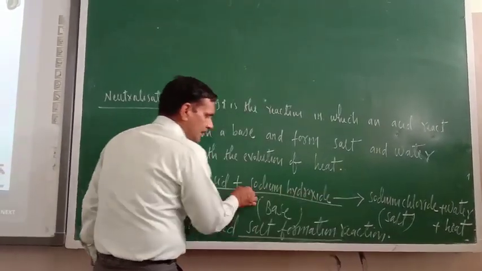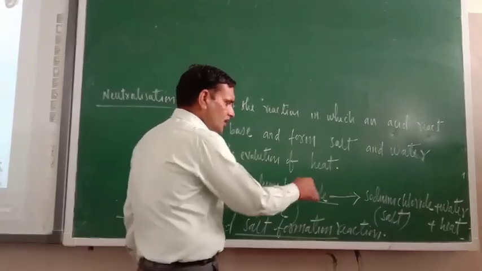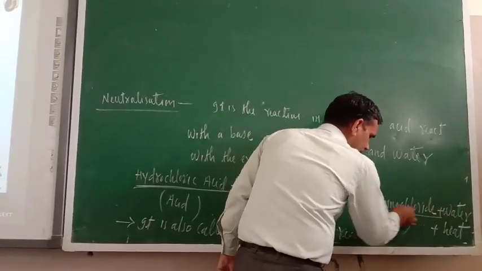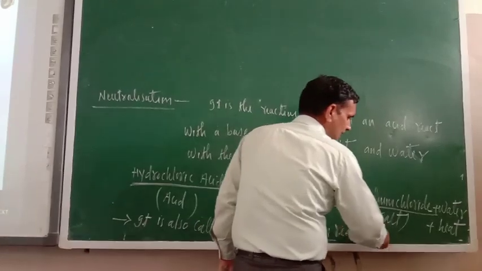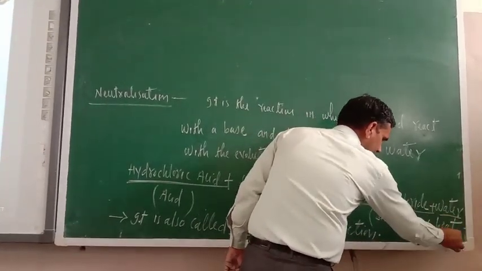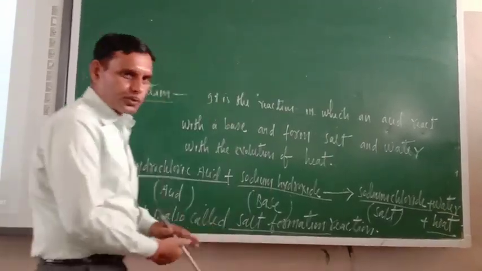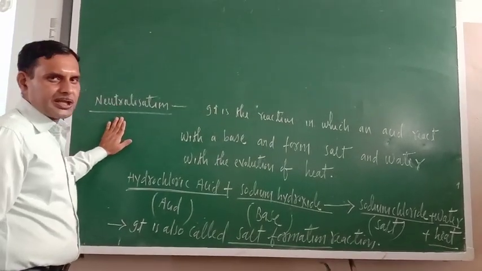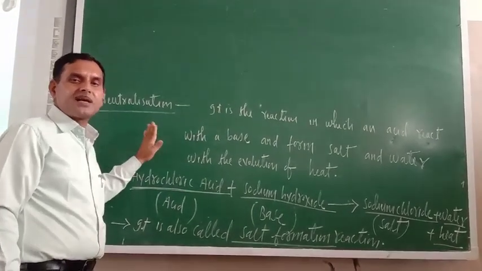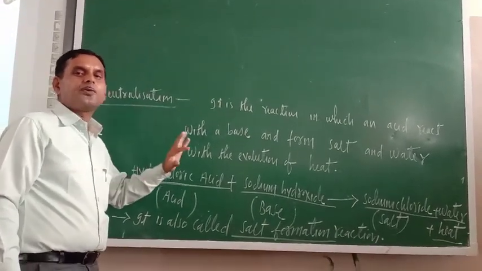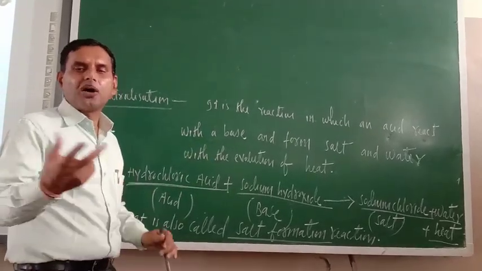Sodium hydroxide, that is base. So what will it form? It will form sodium chloride, that is salt, and water plus heat. So in a neutralization reaction, evolution of heat must be there, and you can check also, methyl orange is the